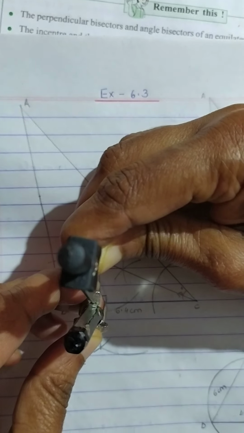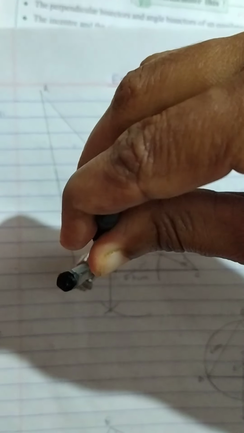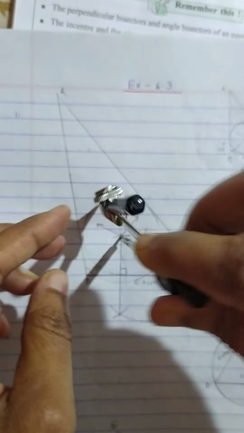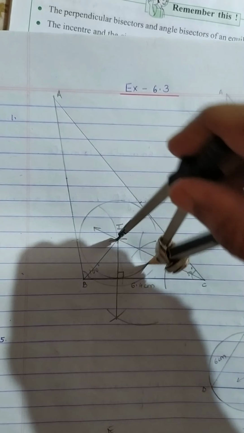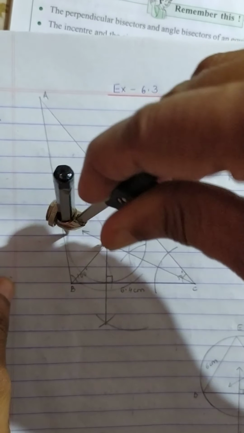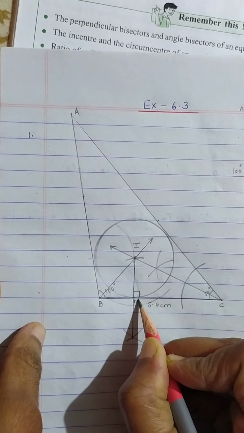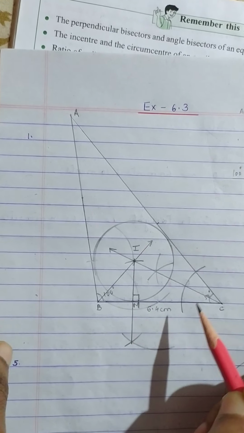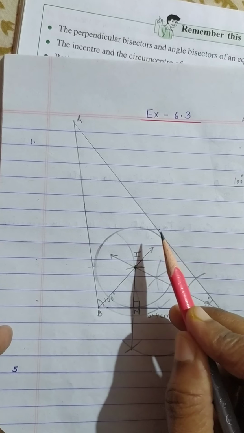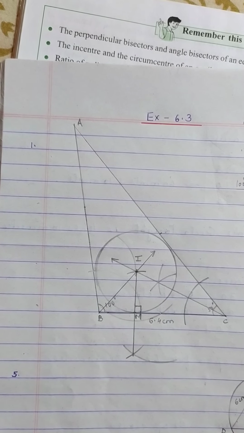Now what you must do is steel point here at I and this as the radius, I am going to draw a circle. Okay, call this point where it touches IM, and you get a circle which touches the sides, and this is supposed to be the incircle. Alright, so this is how the incircle has to be done.